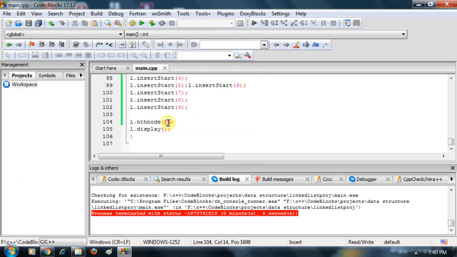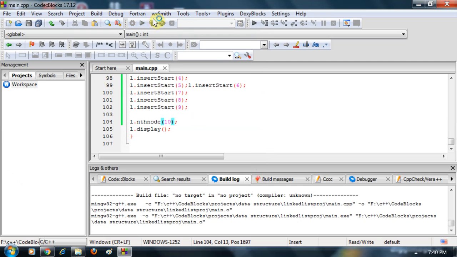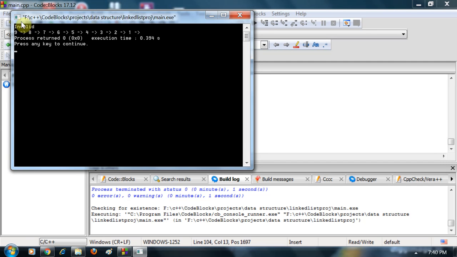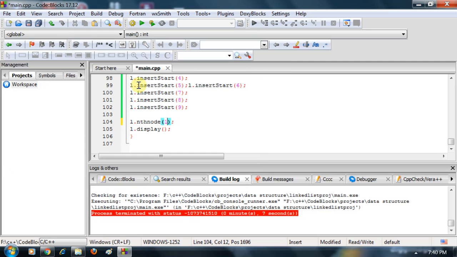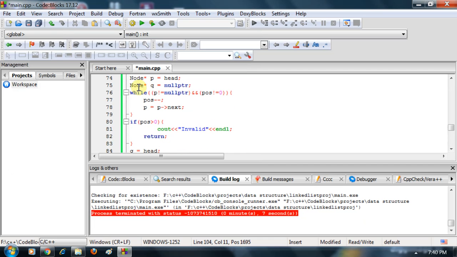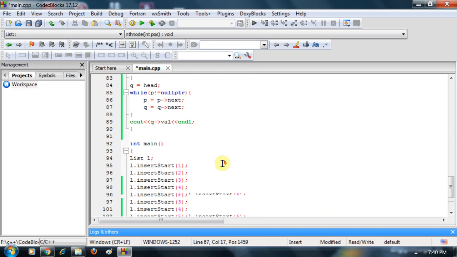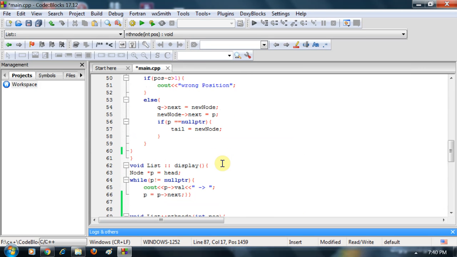So our program is actually working fine. When I give 10 here, it will print invalid. You can see it is printing invalid. So our program is working very fine, and this is the appropriate logic, with a time complexity of order n. I think it should be clear to you, and we will move ahead with more questions of this kind.